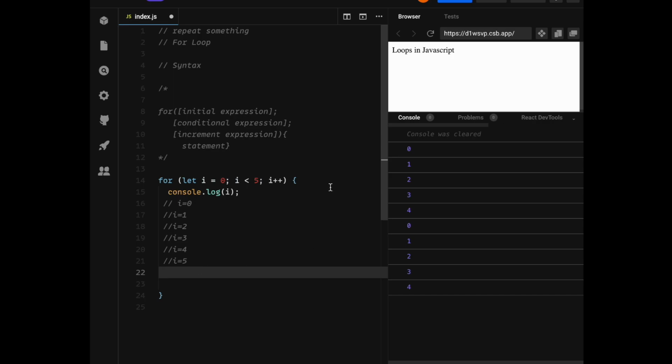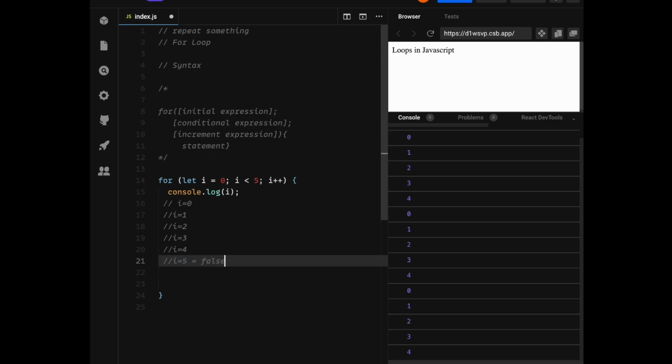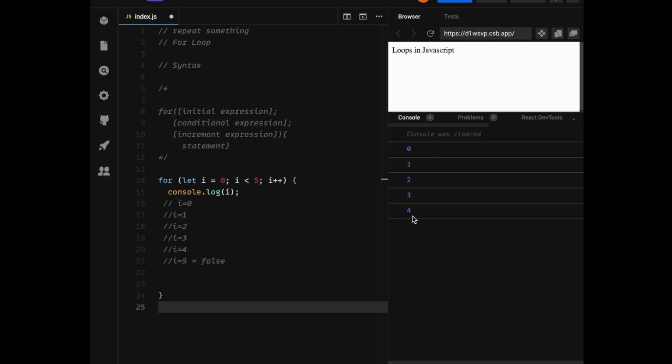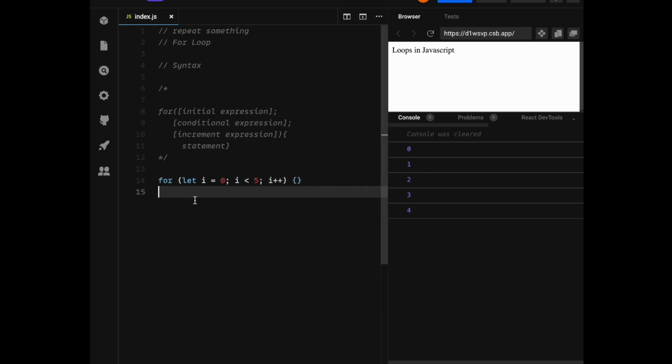Now it will check the condition. Is 5 less than 5? No, 5 is equal to 5. So this becomes false. Therefore it comes out of the loop, printing only till 4: 0, 1, 2, 3, 4. Okay. So what happened here is that